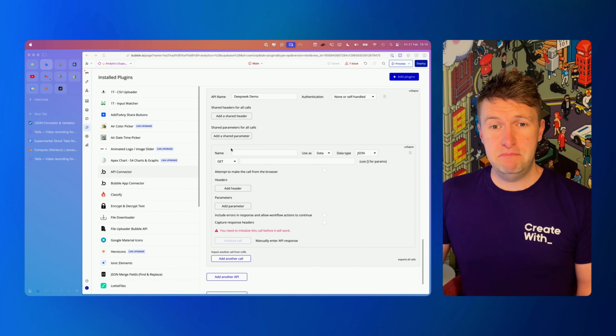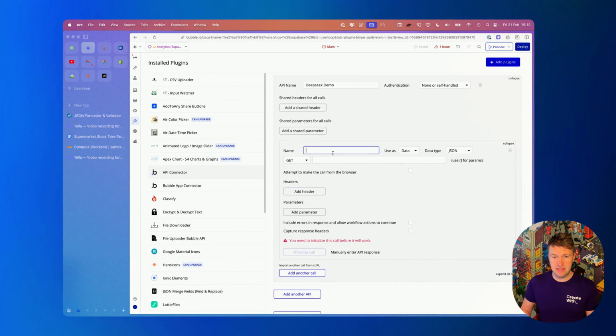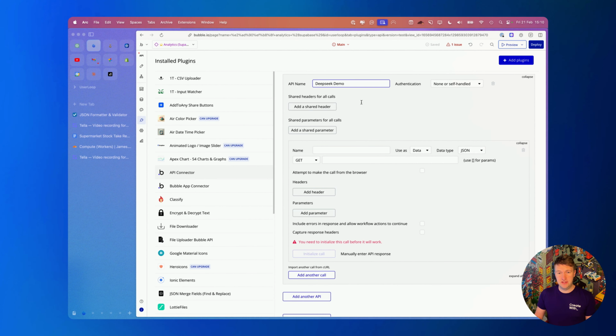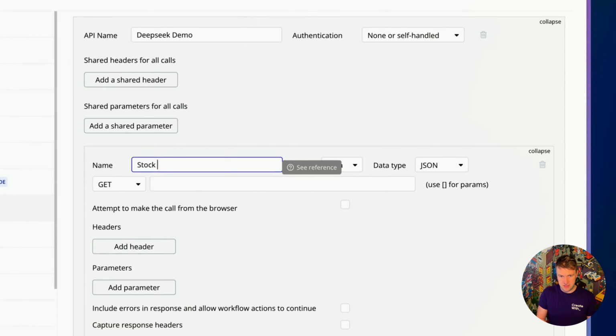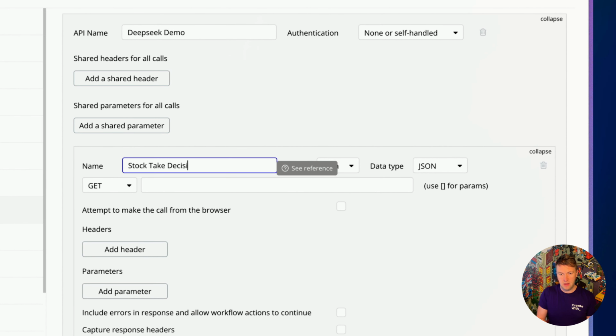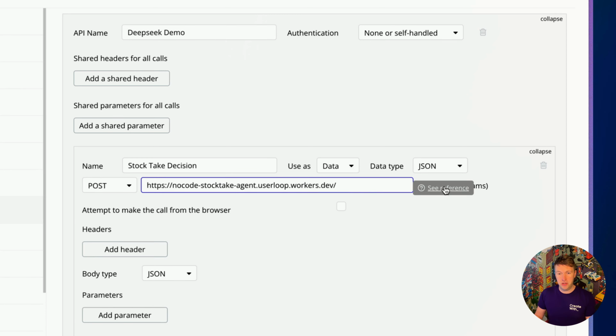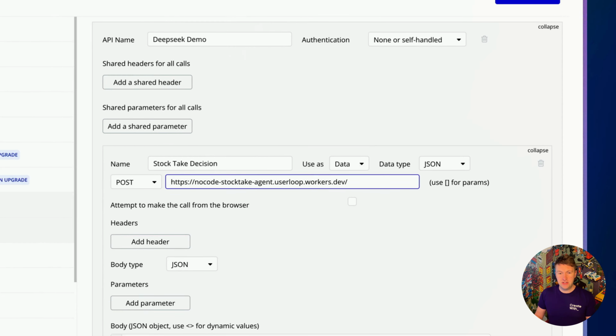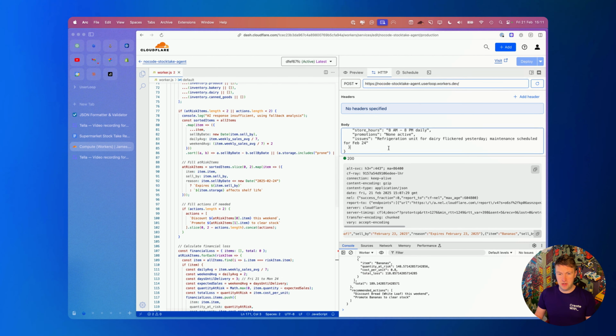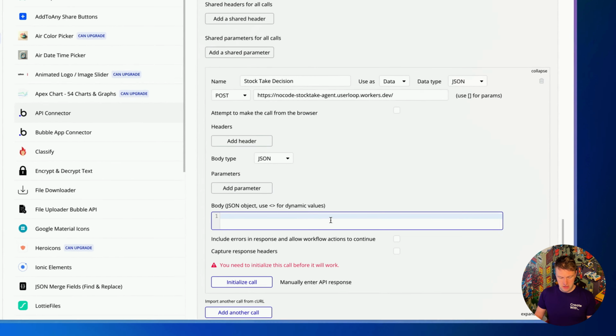So I'm over here in Bubble now, and I've just gone to the API connector, and I'm just going to add a new API call. So I've just called this DeepSeek demo, and we're going to call our API call stock take to decision. And then it's a post request, and then we're going to put the post URL of our Cloudflare worker in there. And then just to initialize it, I'm going to go back into our worker and just grab that example post request that we used earlier. So let me grab that, put that in here,